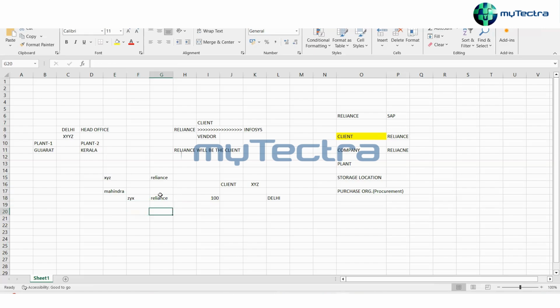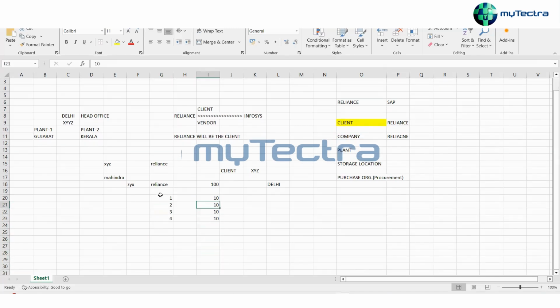So I will split this order on a monthly basis. For the first month, they will send me 10 bags. For the second month, they will send me 10 bags. For the third month, 10 bags. For the fourth month, 10 bags. Like this, for all the 10 months, they will send me 10 bags. Whenever I get the first batch of 10 bags, I will use it, and then in the second month they will send the 10 bags once again. Then that also I will use, and then they will send the third lot.